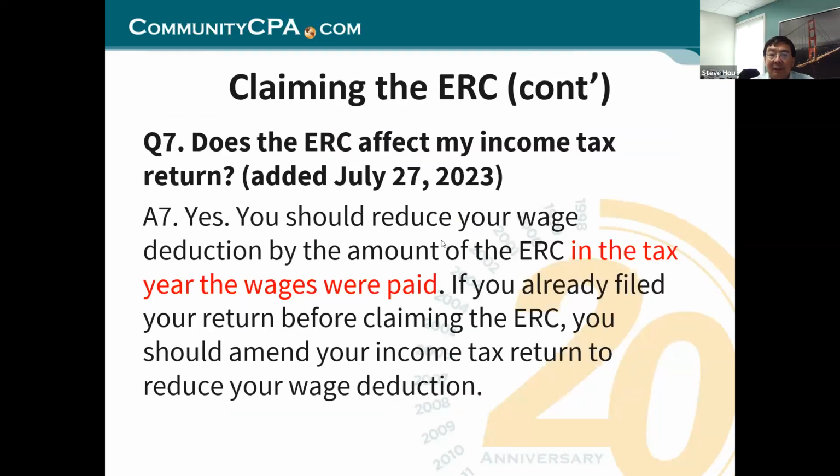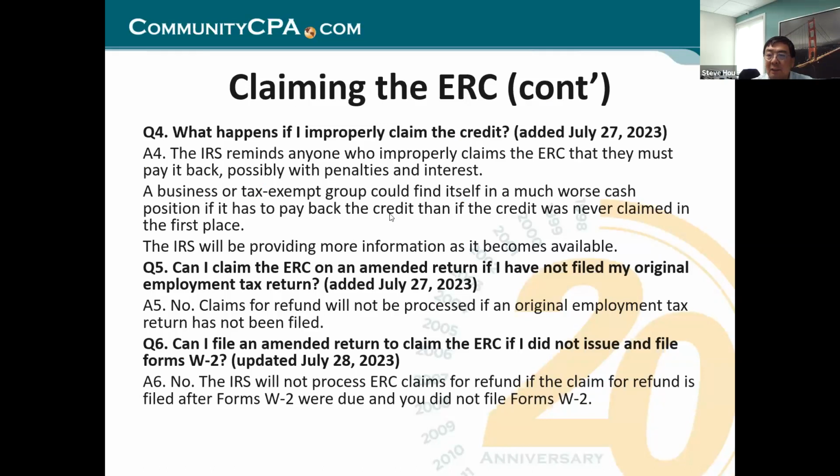All right, and a few other things. Let me just quickly mention that if you are an employer and you filed all the 941s, and at year end you gave the W-2s out to all of your employees, but somehow you forgot to submit the W-2s to the Social Security Administration, did not do the W-3, W-2 filing with Social Security, then your ERC claims may be rejected. The rule actually says you will be rejected, but of course, if IRS didn't catch it,